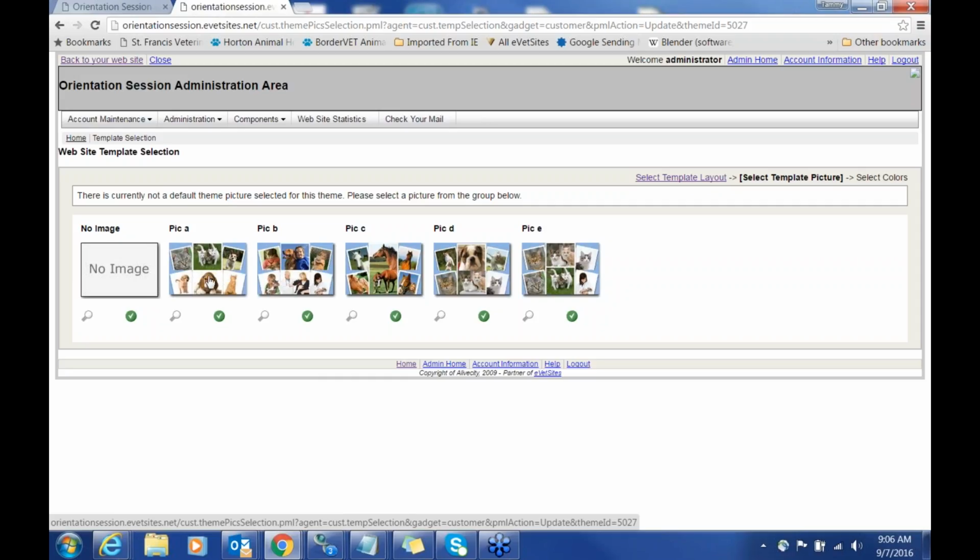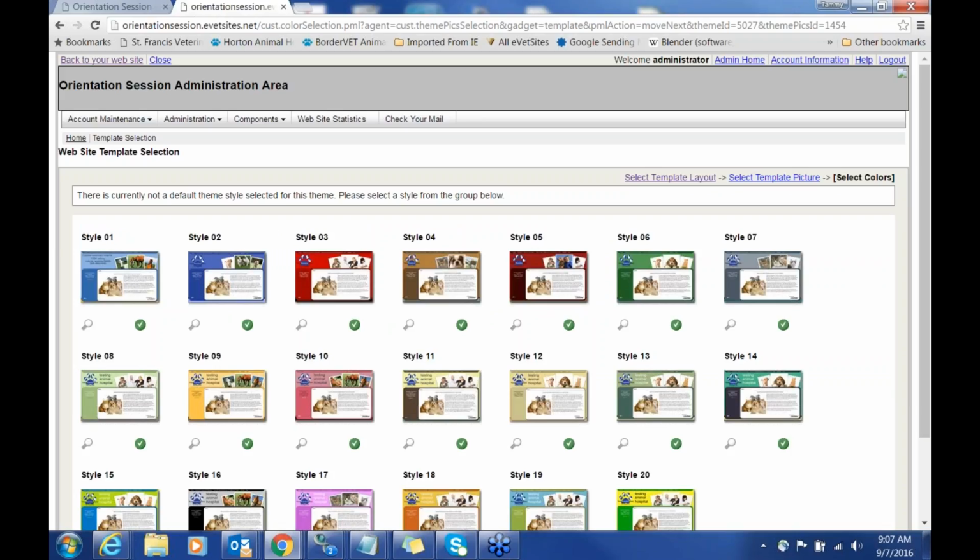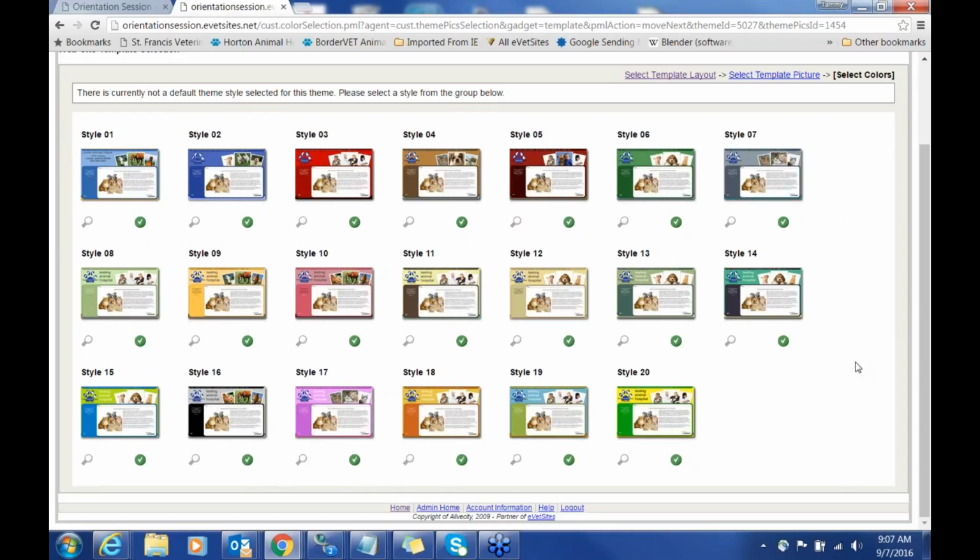Now there's 6 images here because these do rotate, okay? And then you click the green button again to select your pictures. And now it's going to have you pick a style. The style refers to the color. Now if you're looking at these color combinations,